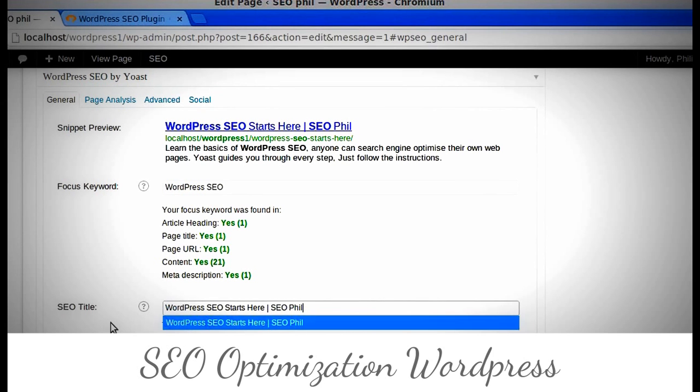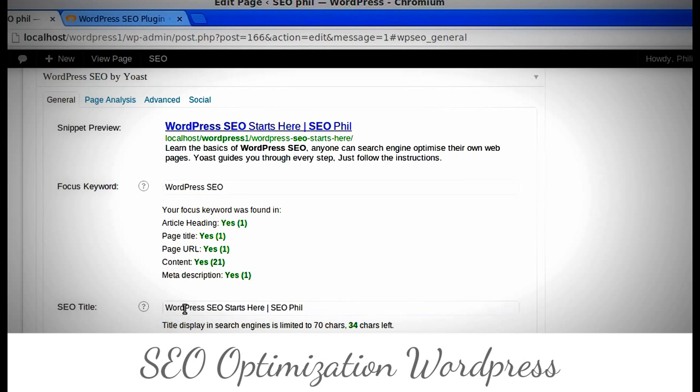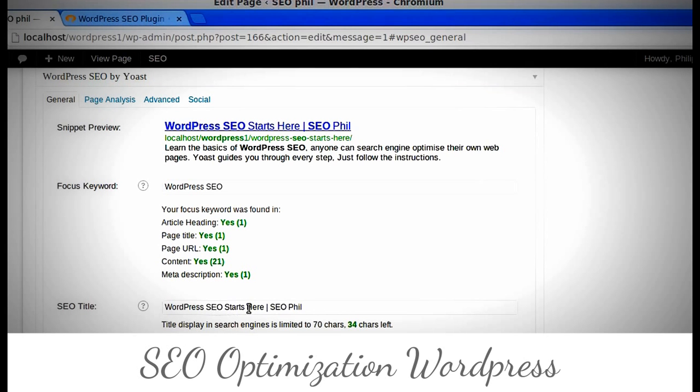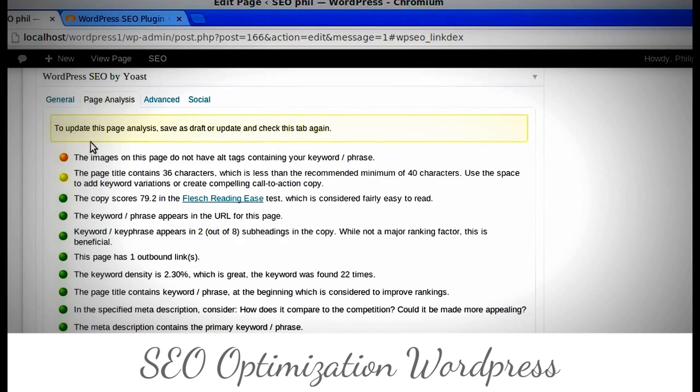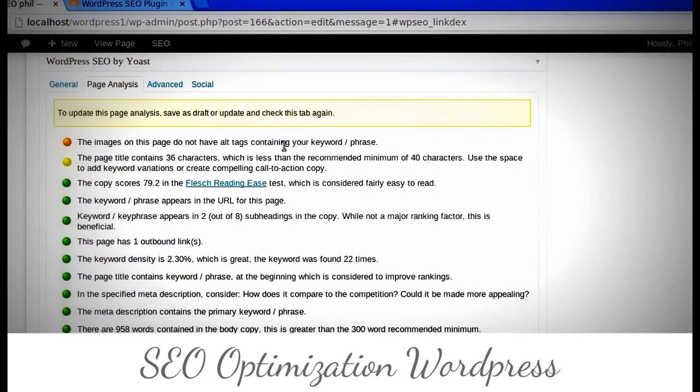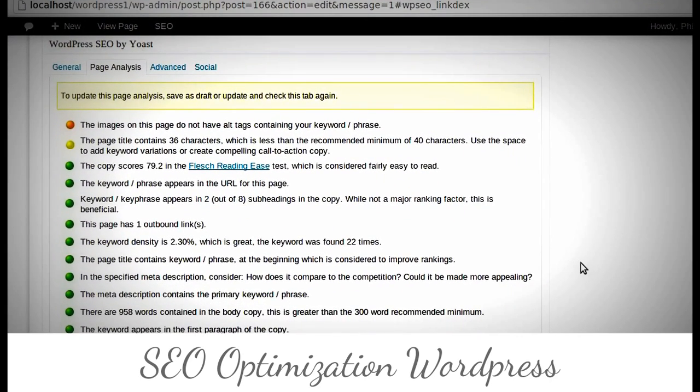This particular page title I'm going to leave because it says exactly what it is. It's WordPress SEO, and it starts here on my website. This is where WordPress SEO starts, or I've made some tutorials and the tutorials start here, so I'm going to keep that because it's just how I want it. The images on this page do not have alt tags containing keyword phrases, so we need to